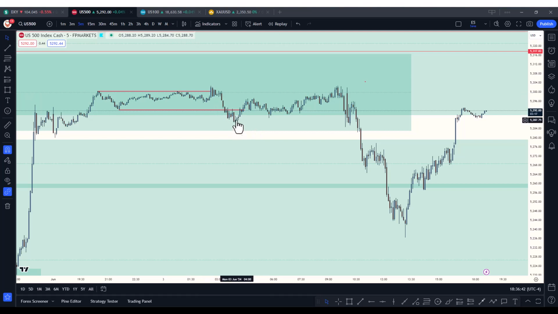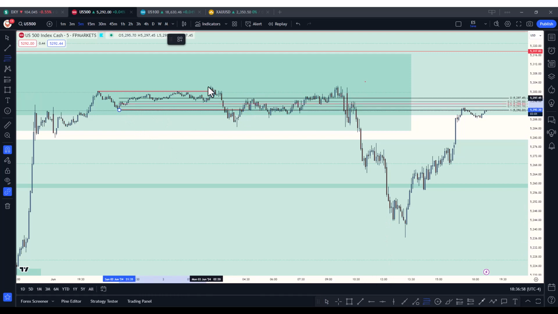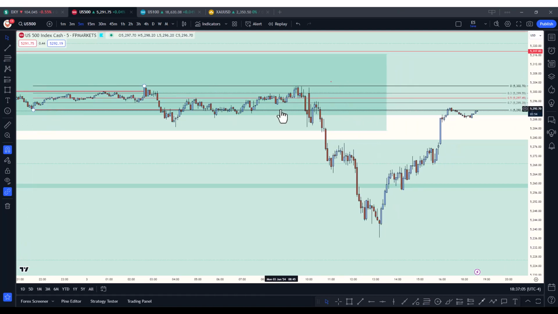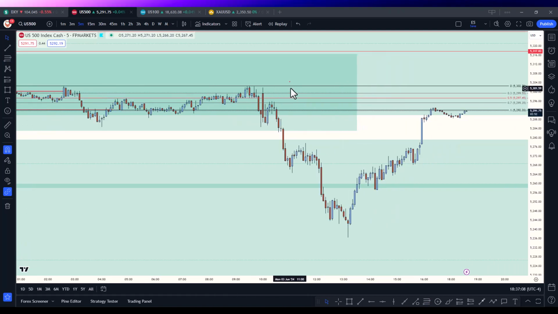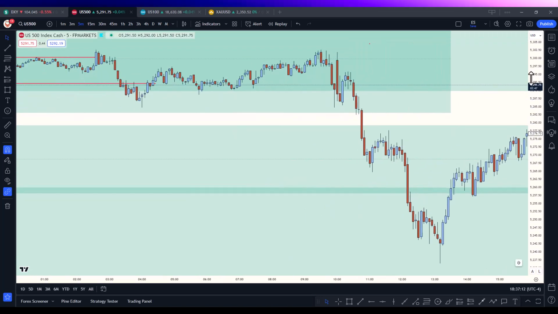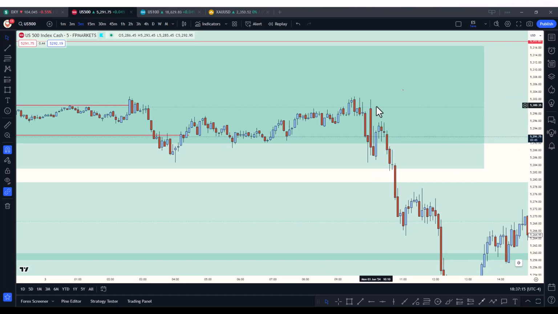We made another low, so we expect price to reach the origin move and the extreme and above the 50%. So if we take this from here to here, we came up above, and then we had another flip to confirm our